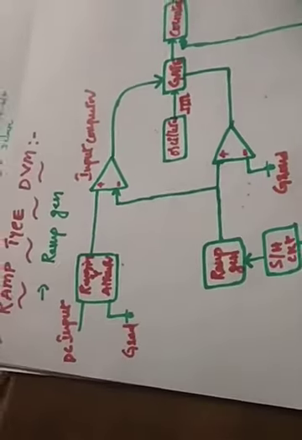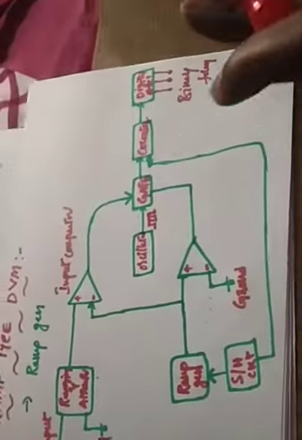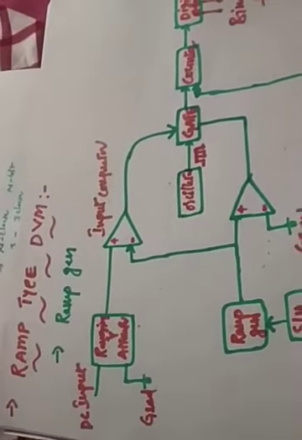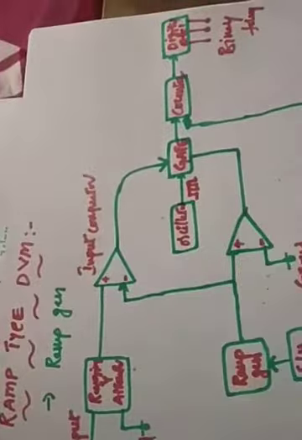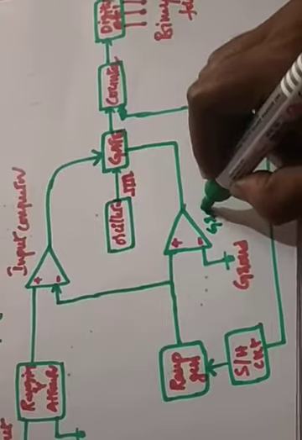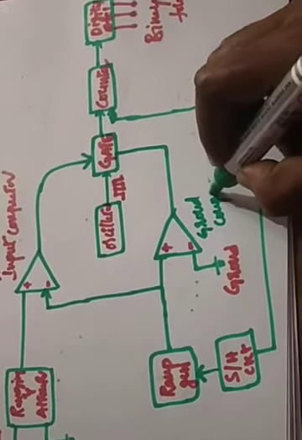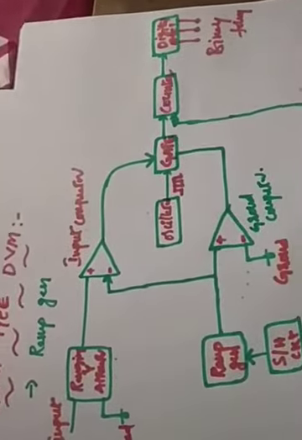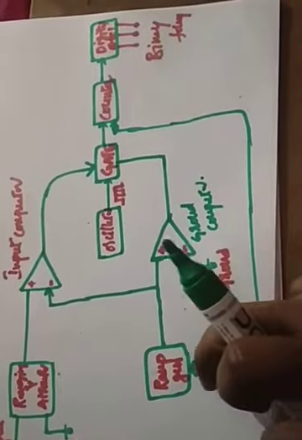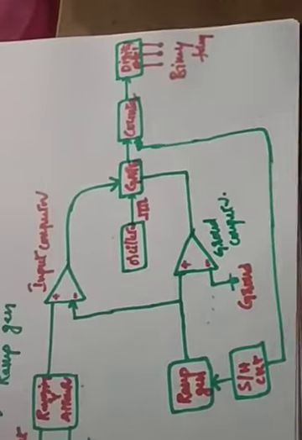Right? So nothing is there. So this is a simple block diagram. See, the ramp type generator has a ranging and attenuator block, an input comparator, and what we can call a ground comparator. So how many comparators? Two comparators. So that is called input comparator and ground comparator. One ramp generator, which is connected to a sample and hold circuit, right? And one oscillator, it will generate the clock pulses.